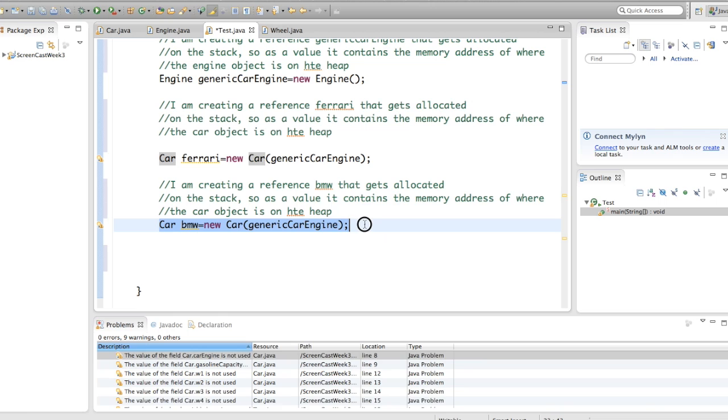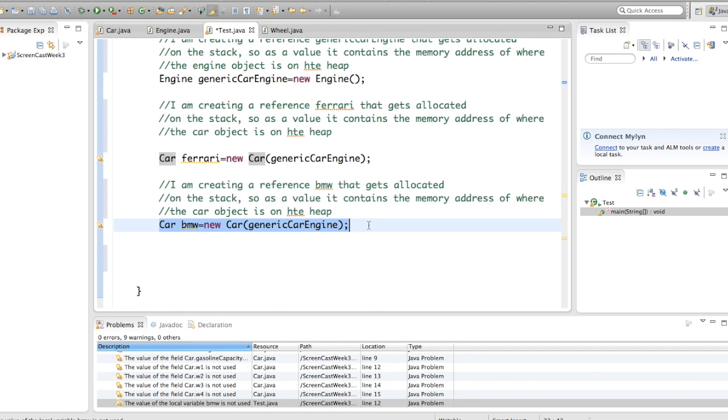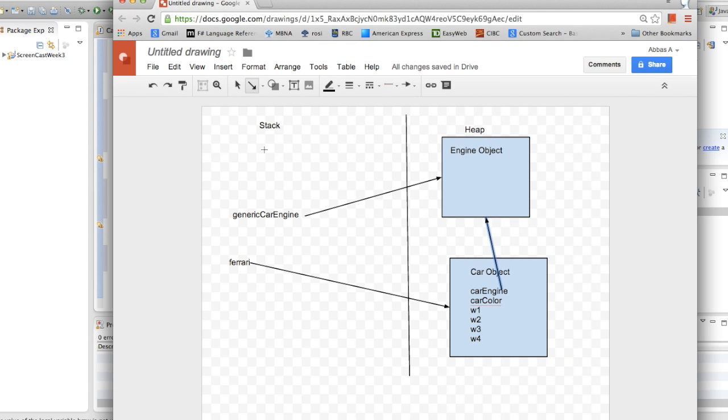Now, if I look at the next instruction, I'm saying Car bmw = new Car(genericCarEngine). First, what am I doing here? I'm creating a local reference called bmw. Where does this get created? All local variables get created on the stack. So this gets created on the stack here. Okay, so let's create